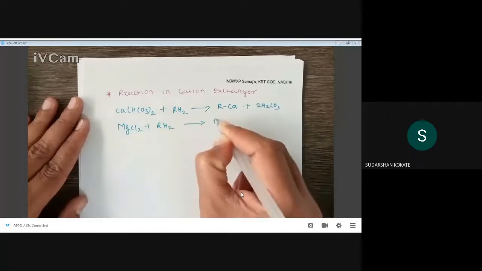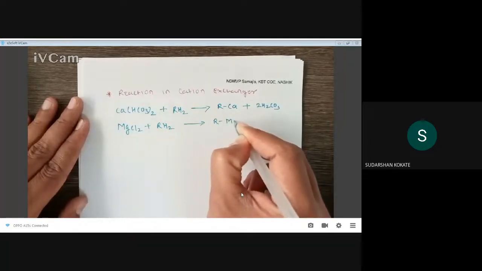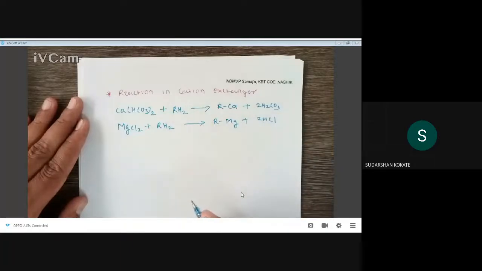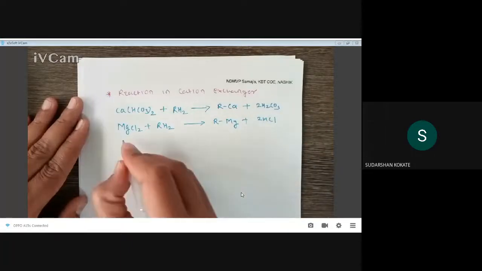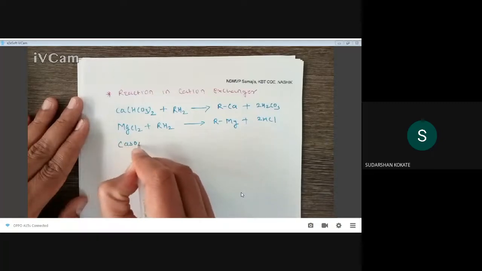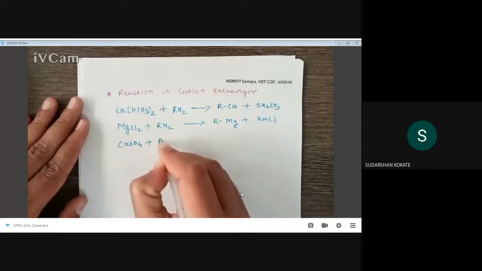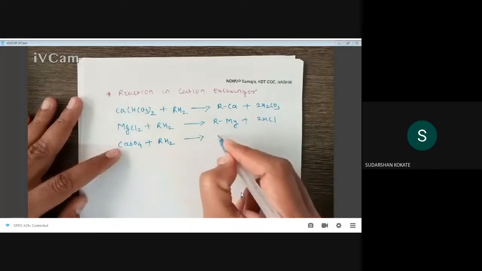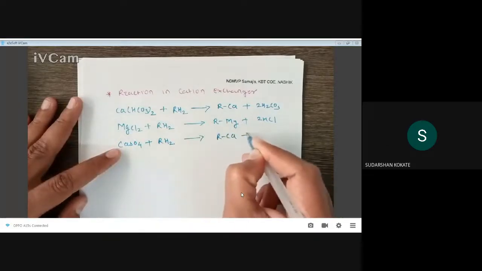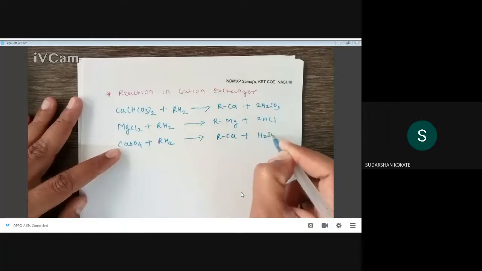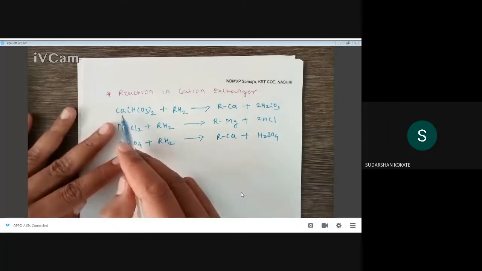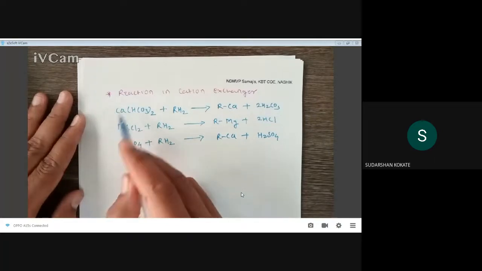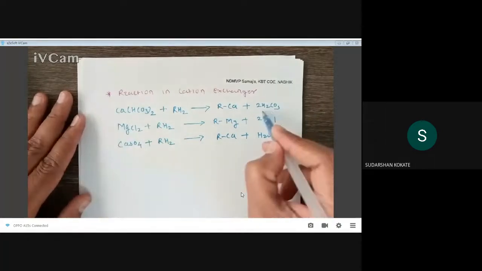So it can form what? RMg, right? Plus twice HCl. Here again hydrochloric acid is formed. Here calcium sulfate is there and comes in contact with RH2, right? So it can form RCa plus H2SO4. This means that during the treatment in the cation exchanger,